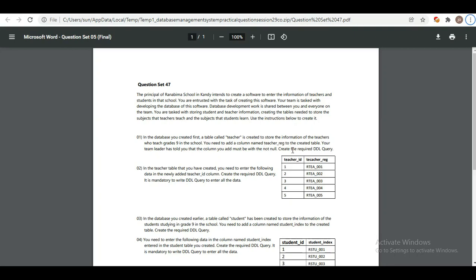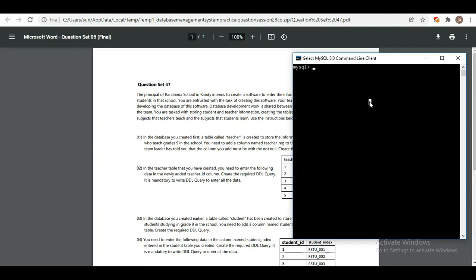So to answer this question I'm going to first go to a MySQL command line, and over here I'm going to start by typing alter table, and after that I need to give the name of the table. Since I need to add a column to the teacher table, I need to give the name of the teacher table, and after that I need to type add, and then give the name of the column that I'm about to add, which is teacher underscore reg,